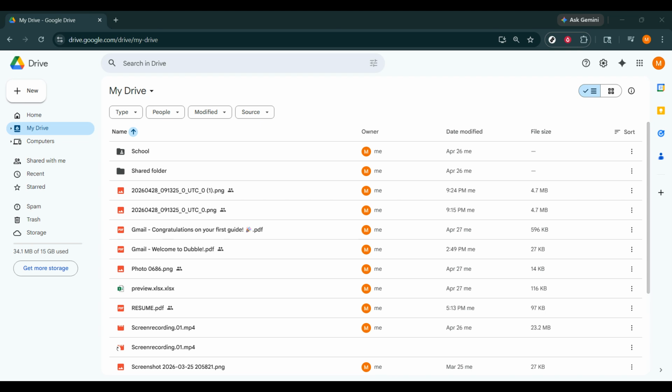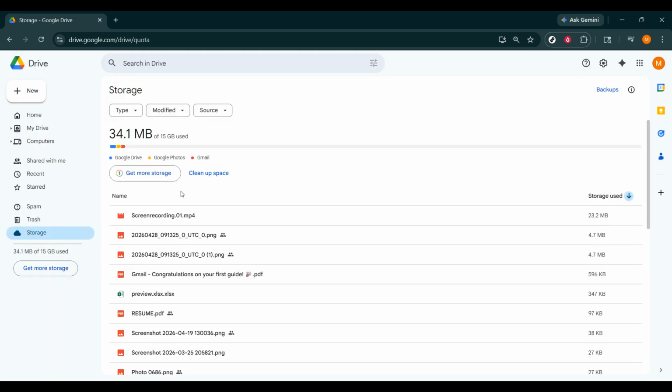You should also check your Google Drive storage if the file is still acting strangely. If your storage is completely full, it can sometimes cause issues with file access, uploads, and sharing behavior. Make sure you have enough space available in your account. And if you're sharing a folder, remember that folder permissions can behave differently from individual files. In that case, make sure the folder itself is shared properly, and that any files inside it also inherit the correct access if needed. A lot of sharing problems happen because one part is restricted while the other part is